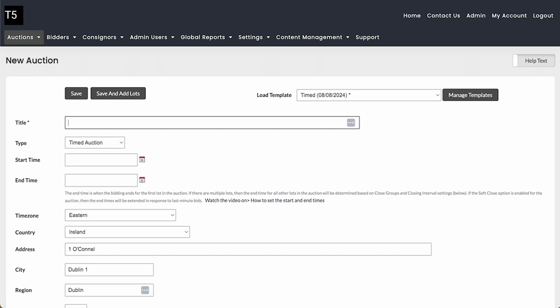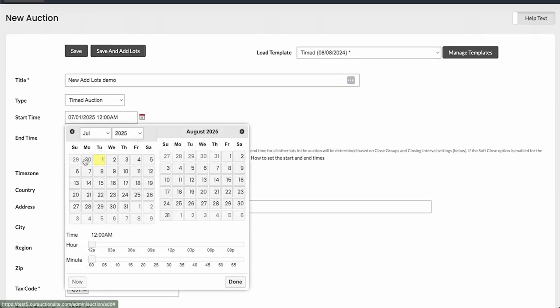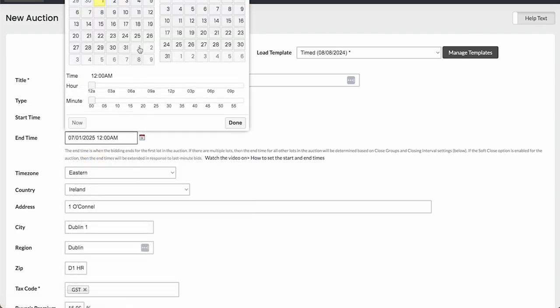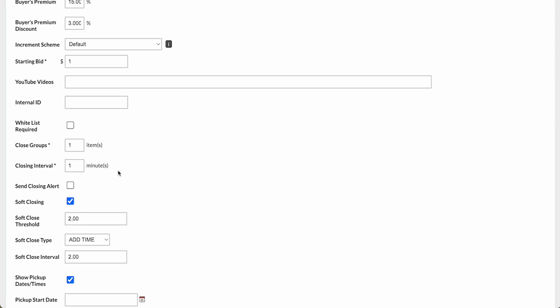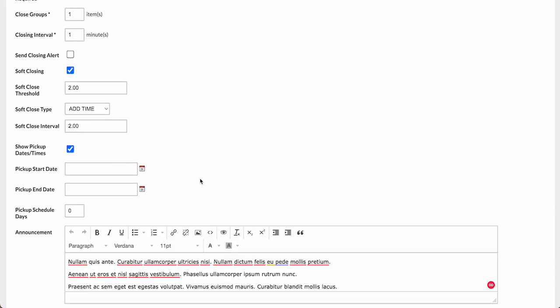So I'm just making my way to a new auction now, and I'm going to create a new auction like I regularly would. As far as this page is concerned, nothing's changed. The only thing that's different, and as you'll see as I go through the making of my auction process, is that at the bottom of the page or near the bottom, the upload method selection is gone,